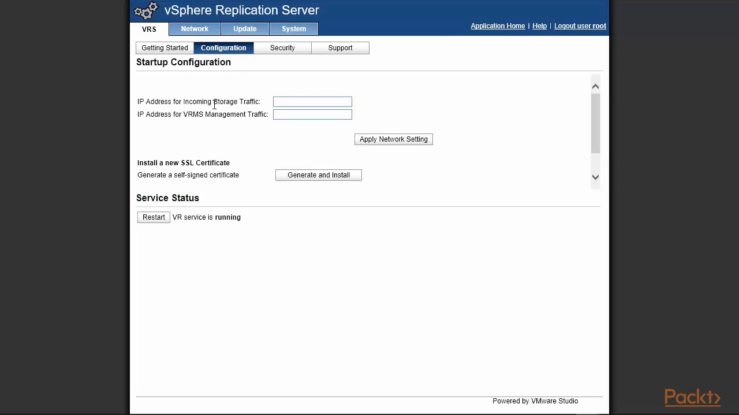It's an IP address for incoming storage traffic, 192.168.0.74. That's the management address. I'm going to use the same IP address. This is for replication traffic. And the reason I do this is because on this branch server, I only have one VM NIC. And so it makes no sense to have a separate address, because what I could do is obviously I could